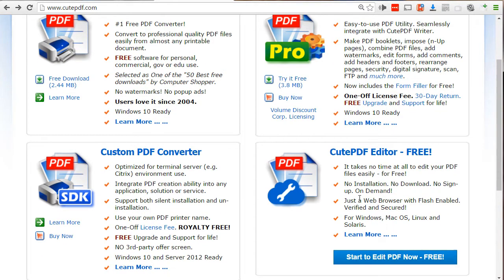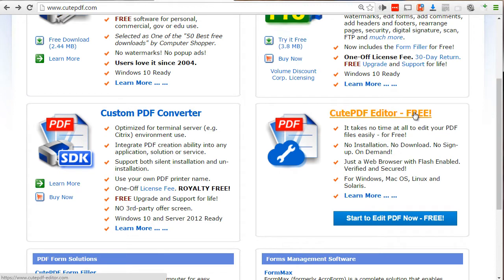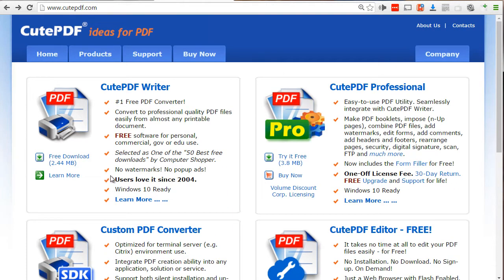Now, there are other softwares out here, such as the Qt PDF Editor, which is free, and the Custom PDF Converter. You don't really need this unless you are going to build a piece of software that you want to have the ability to convert PDFs. So really what it comes down to is, to make this process work, you need to go ahead and download this. So click on free download and go ahead and install that,